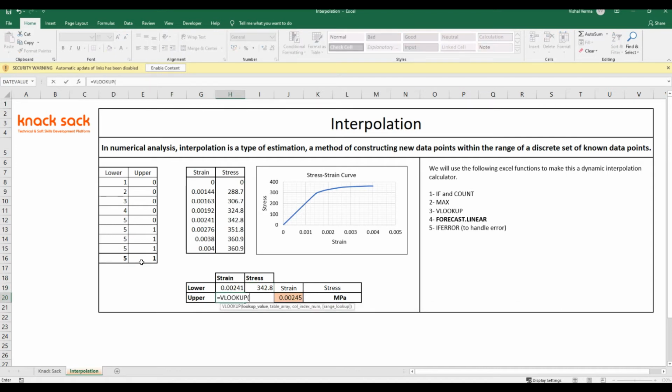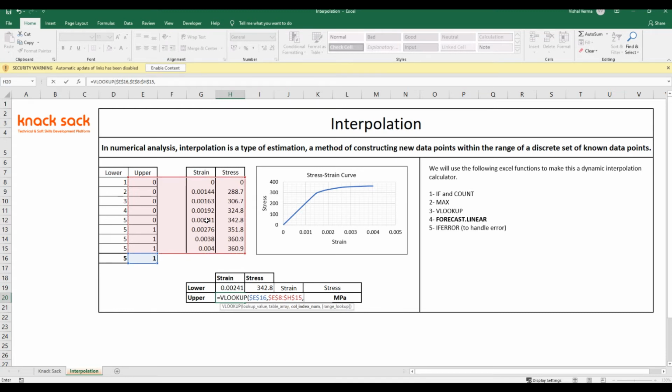Lookup value will be the maximum of upper column. Freeze this cell, then comma. We will use this table as array because the lookup value should be available in the first column of VLOOKUP table array. Then freeze this column or table array.